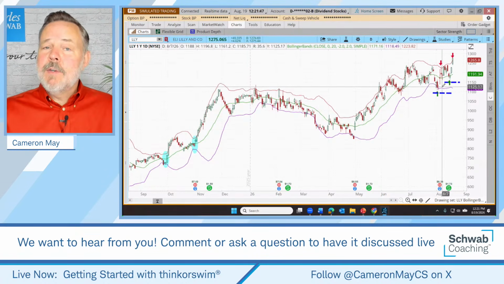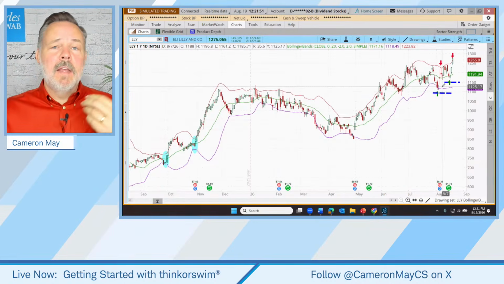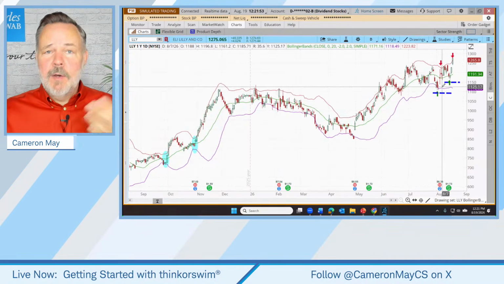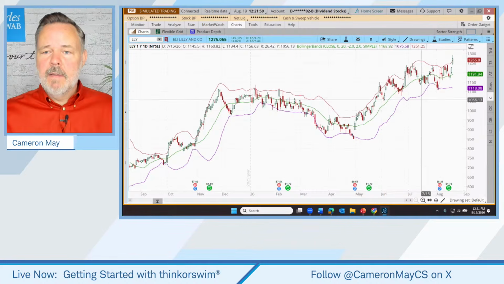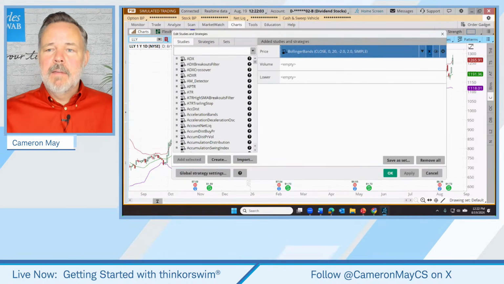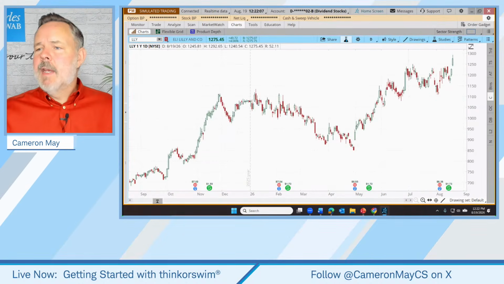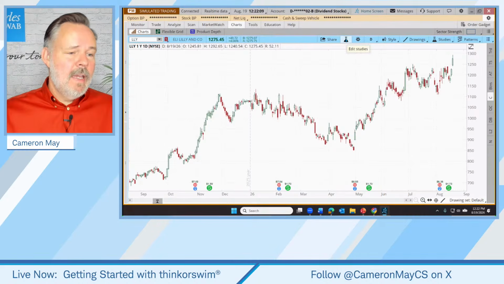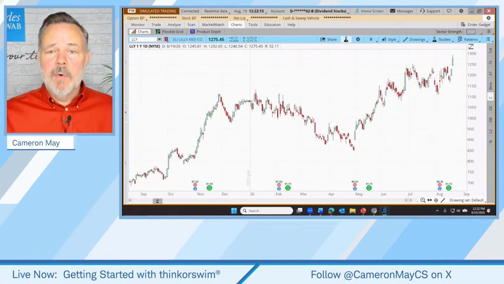But let's get on to our fifth chart tool for spotting price highs and lows on a stock chart. And that is, let me just clean this up. First of all, I'm going to switch back here to our default drawing set, clean it all up. Let's remove our Bollinger Bands. Click Apply and click OK. And then I'm going to add something known as a linear regression channel. Sounds like a mouthful. It's actually a fairly straightforward tool.